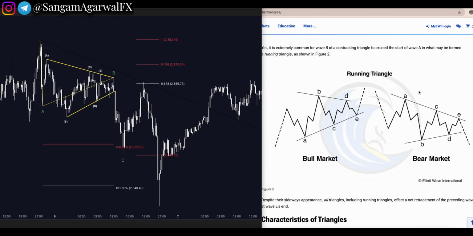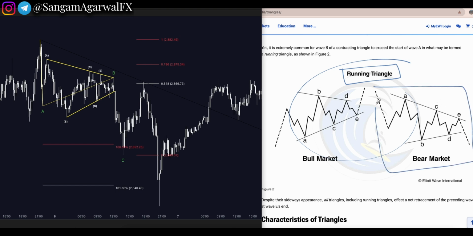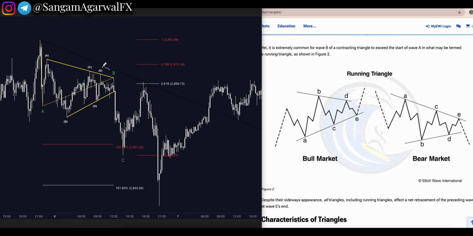Most viral image from the book about the triangle chart pattern, this table, but anyone can tell visually the chart is different compared to the book, because when you scroll down the digital version of the book, they have a running triangle, and we will discuss the running triangle pattern in the market. Visually the chart is still different compared to the book, we will discuss later, but first let's learn about this running triangle